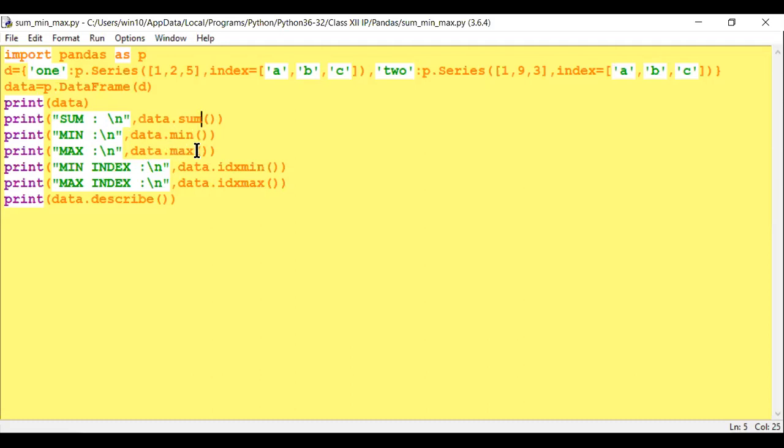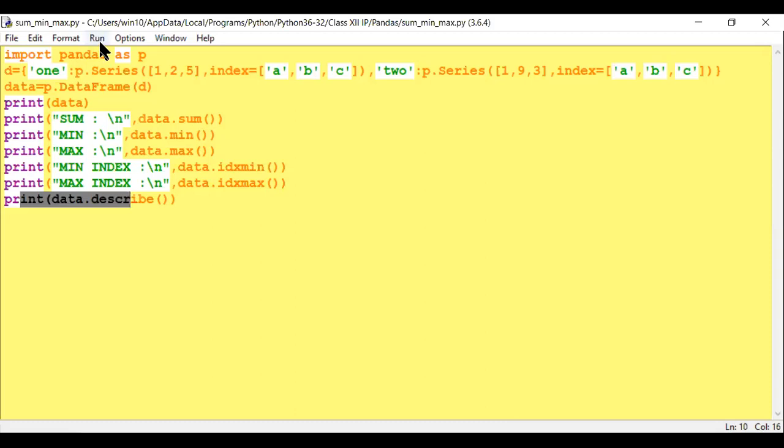From data, whatever maximum value will be displayed. Now minimum index, data dot idxmin, maximum index data dot idxmax. So print data dot describe. You have to write describe.